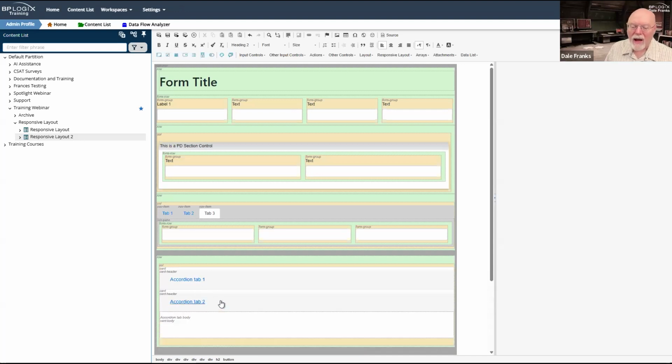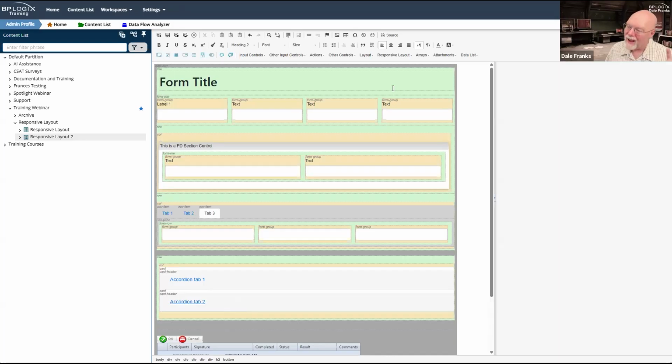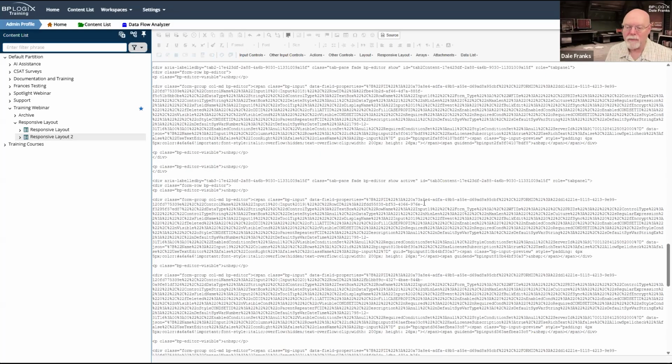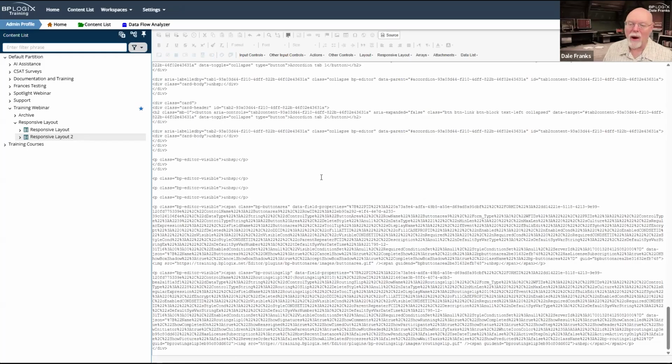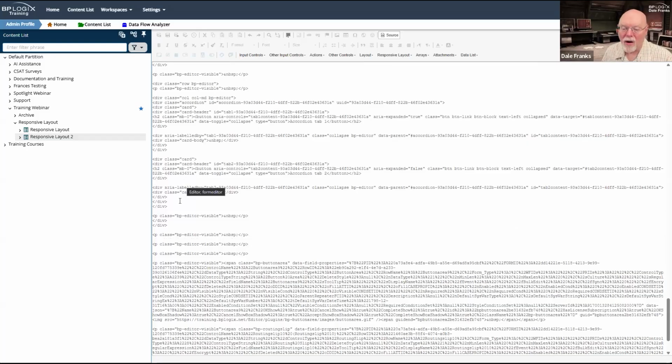So the accordion tab is basically kind of a section for Bootstrap. Now, let's say I don't want to have both of these tabs here. Well, I am going to need to go into my source control, and I am going to need to scroll way down here to the bottom. And I've got my extra card header and card body here.